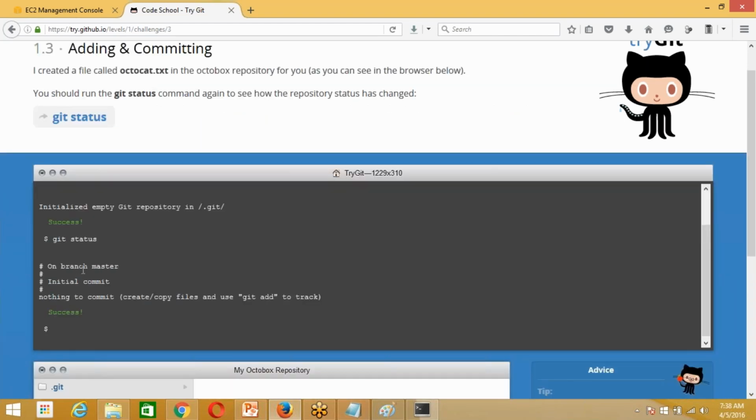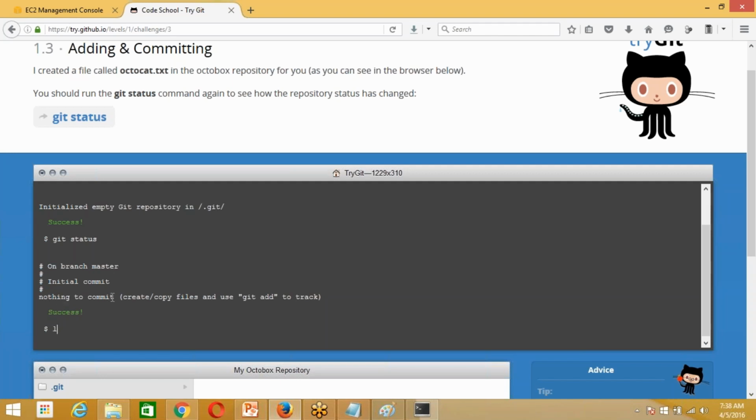on branch master, so by default a branch named master gets created. Here you have nothing to commit or nothing to add. Git commands also suggest what can be done. So nothing to commit as of now. Why?